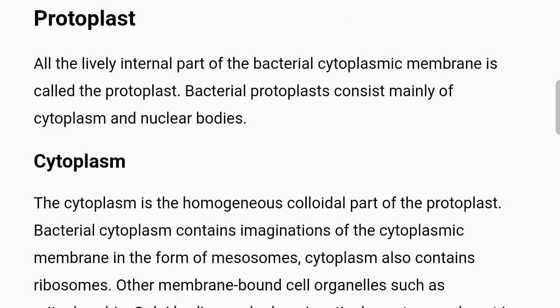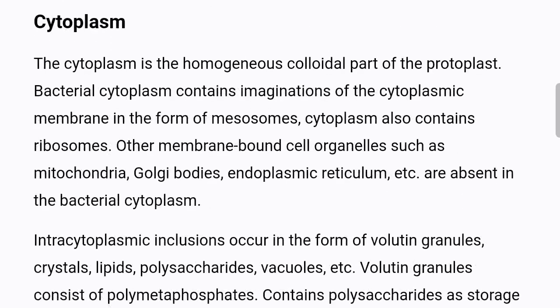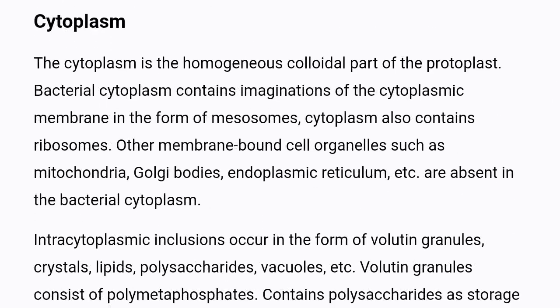Protoplast. All the living internal part of the bacterial cytoplasmic membrane is called the protoplast. Bacterial protoplasts consist mainly of cytoplasm and nuclear bodies. Cytoplasm. The cytoplasm is the homogeneous colloidal part of the protoplast. Bacterial cytoplasm contains invaginations of the cytoplasmic membrane in the form of mesosomes. Cytoplasm also contains ribosomes. Other membrane-bound cell organelles such as mitochondria, Golgi bodies, endoplasmic reticulum, etc., are absent in the